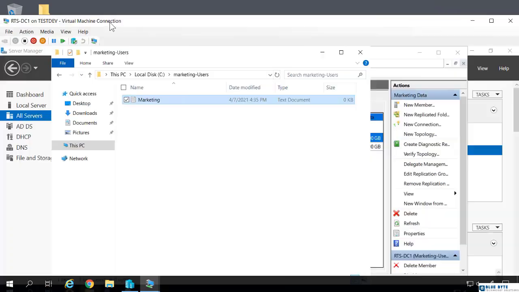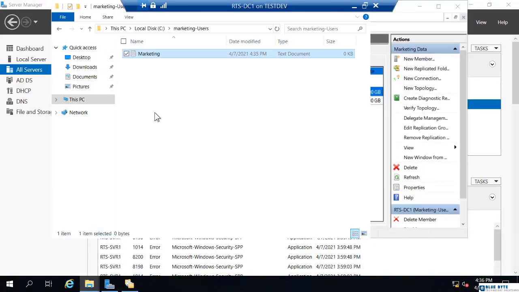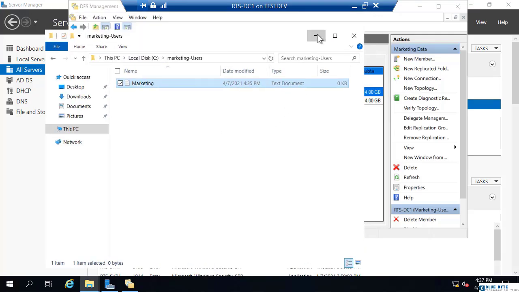I'm going to put my RTS DC1 back in full screen. But that is the sole purpose of DFS replication. I have a folder on one server, and I want the contents of that folder to replicate to another server. That would be the full configuration there. Now, one thing I did want to mention,